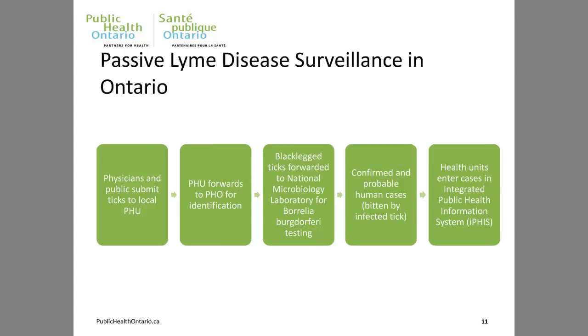Also, we have our surveillance system, called iPHIS, and we use that for all our reportable diseases. If someone has Lyme disease, it is reported into our system. If we have a human case with no travel history, they had to get bitten by an infected tick, so that's another way of saying there are probably ticks in that area. The health units are the ones who look for the ticks and monitor these human cases. They get lab reports or reports from physicians that they think someone has it, and they can go out and investigate that case and determine whether it fits our case definition.